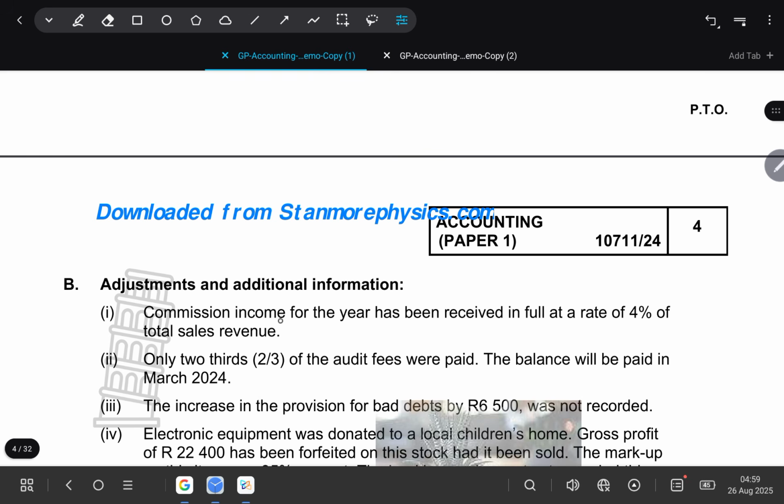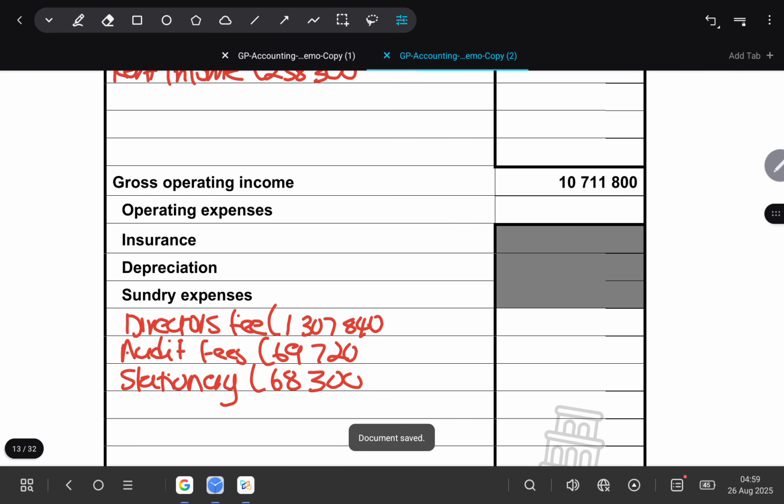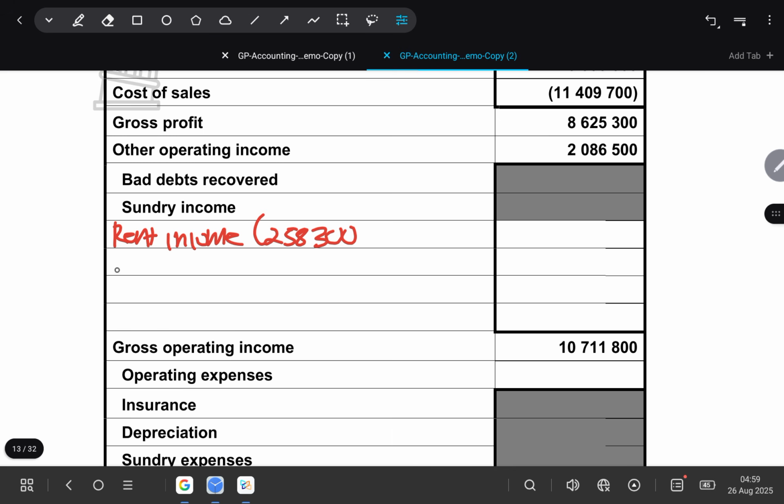The first adjustment says commission income for the year has been received in full at the rate of 4% of total sales. So what they're telling us is that commission income should be 4% of our sales. So what we need to do is look for 4% of our sales. And if you remember here, our commission income